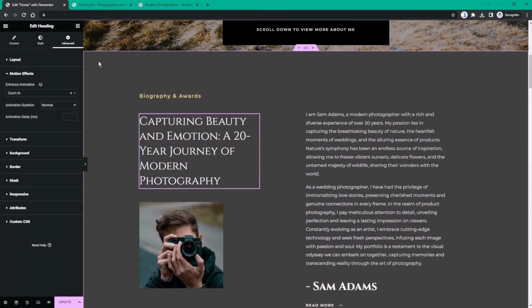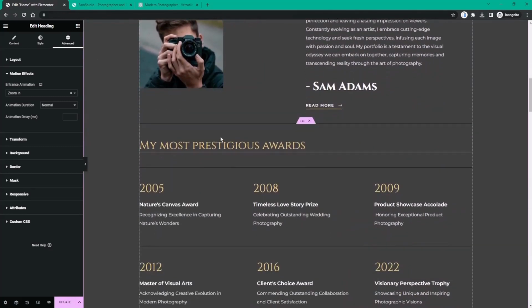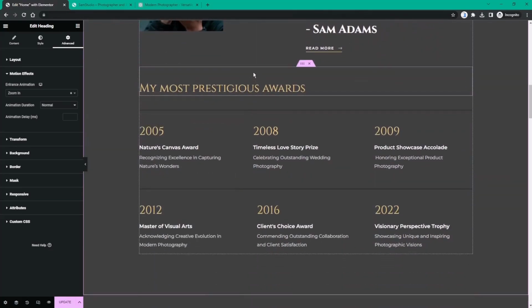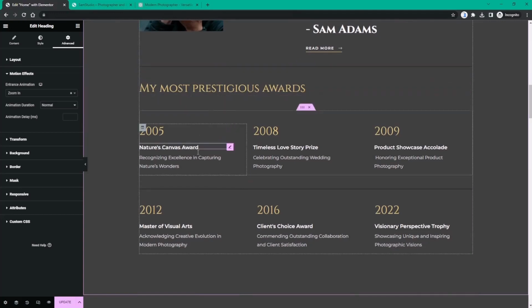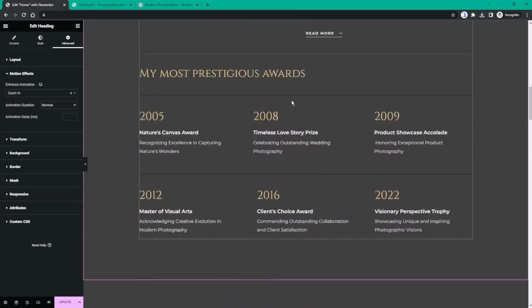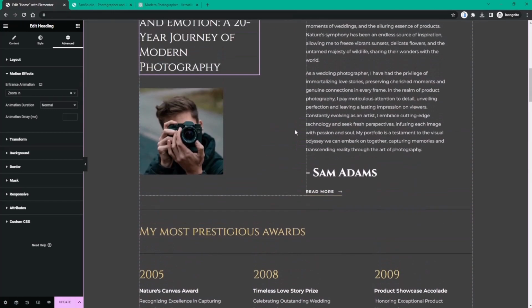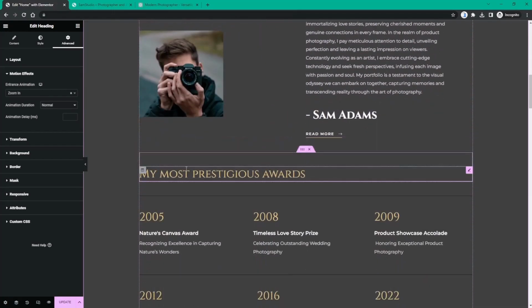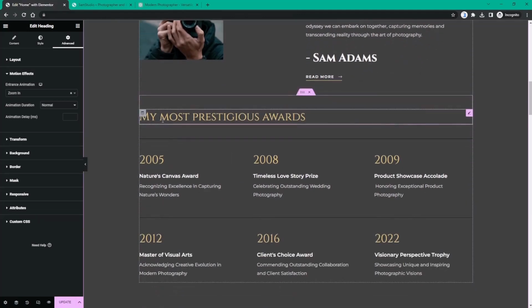We can also add something towards each section or column. So let's say for this column over here,